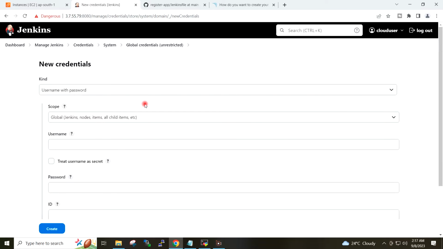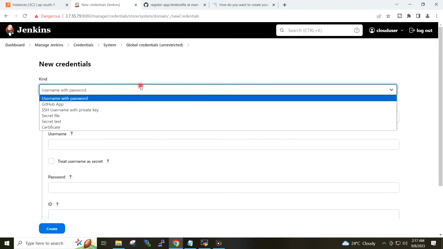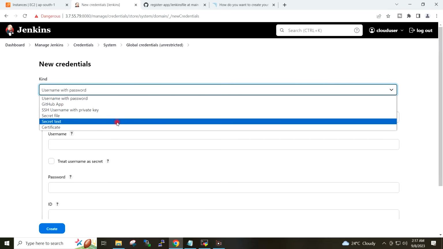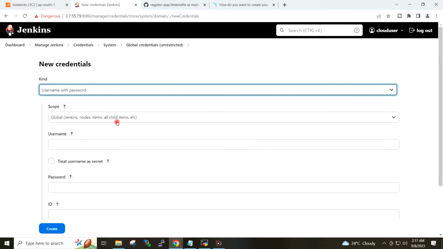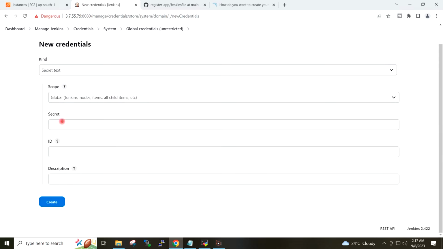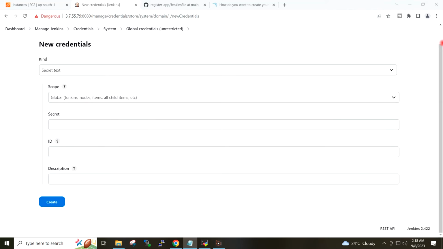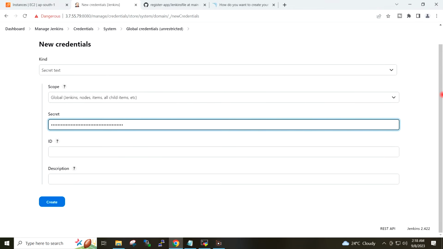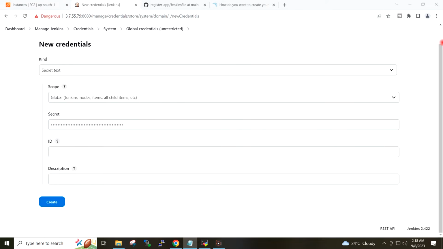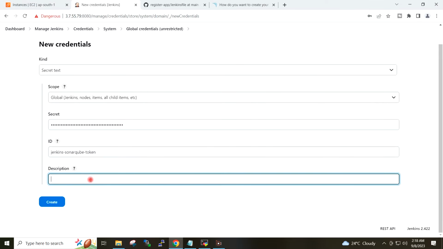I will select secret text, and here I will paste our token which we have created just now, and ID I will give Jenkins SonarQube token.